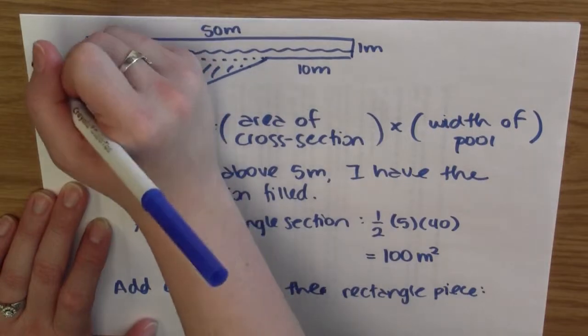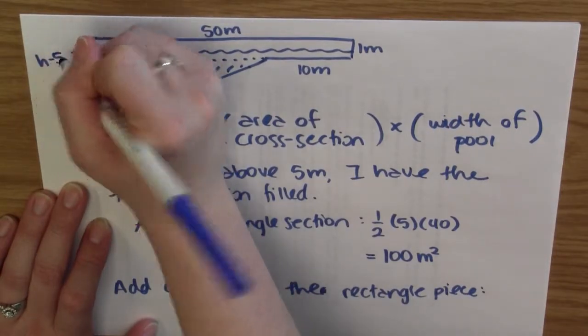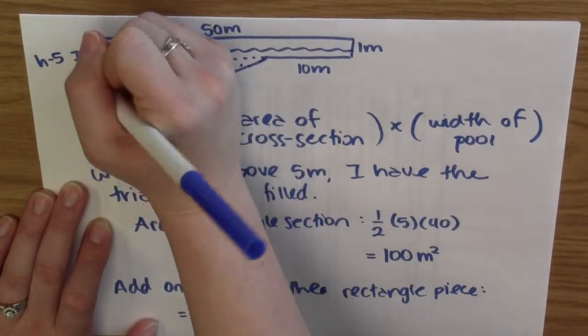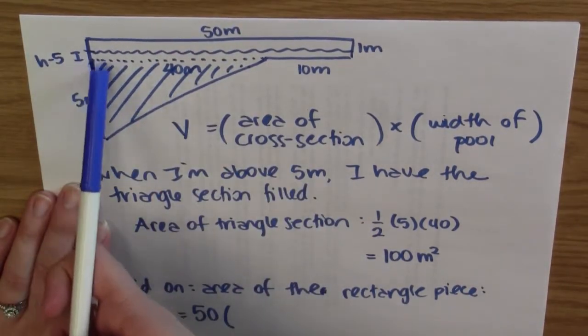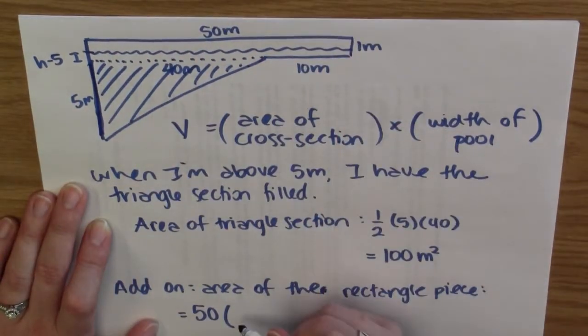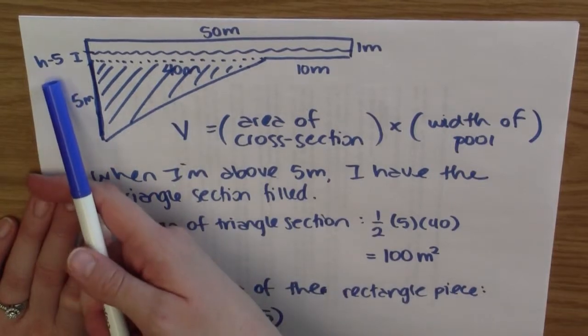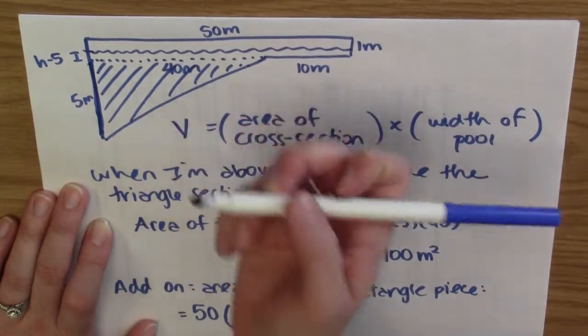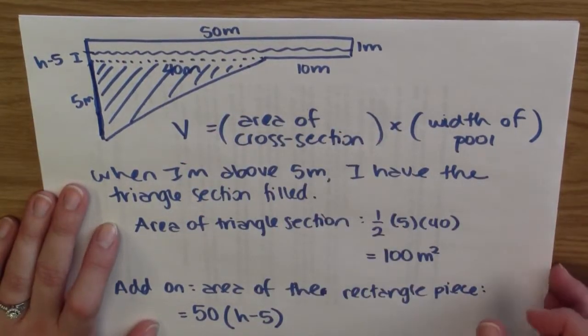So this is really h minus 5. I take away these 5 meters that I already accounted for, and then I am looking for how much above 5 meters that is, because that's when the water starts coming over this part here. So in the case where h is equal to 5.5 meters, then h minus 5 is 0.5, and that is how far above the triangle section that we are. So then the area of the cross section